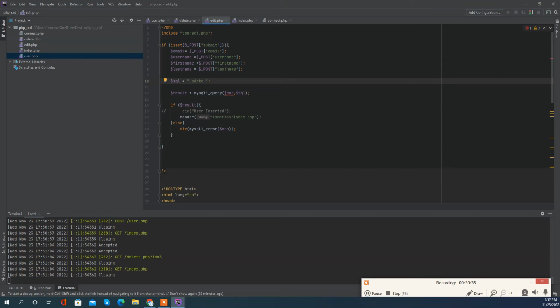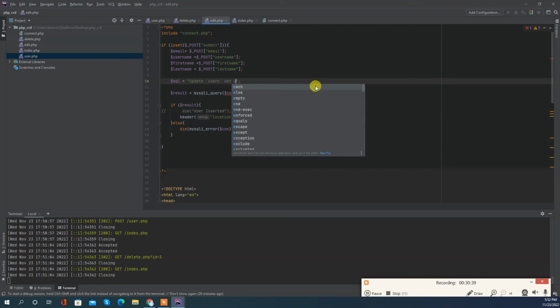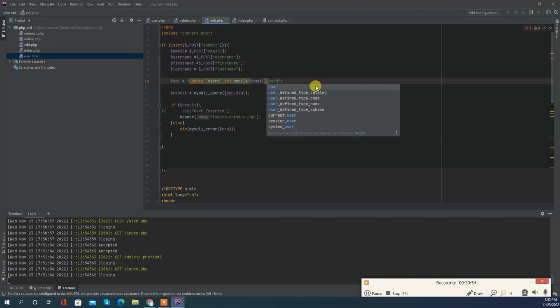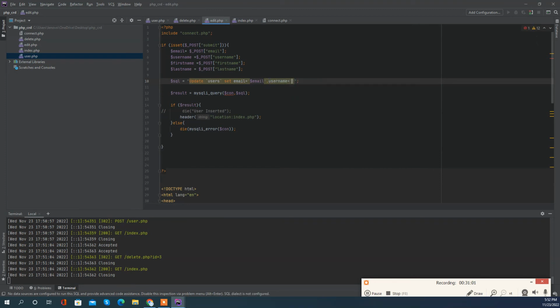Update users. Set email equals to single quote and email. After that, comma, username equal to single quote username, comma, first name